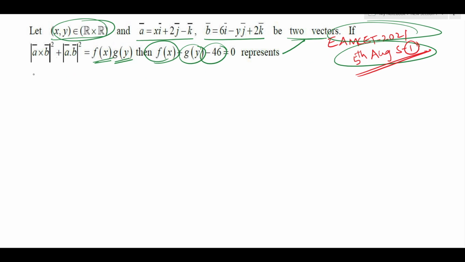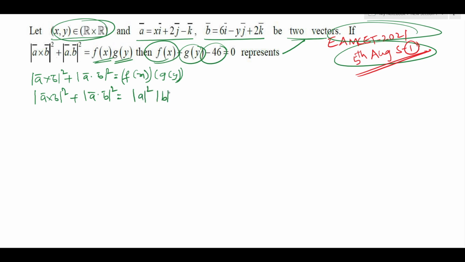Here the given relation is modulus of a bar cross b bar whole square plus mod of a bar dot b bar whole square is equal to f of x into g of y. This is the given relation. We know that mod of a bar cross b bar whole square plus mod of a bar dot b bar whole square is equal to mod a square into mod b square. That means f of x is equal to mod a square and g of y is equal to mod b square. Mod a square means under root of x square plus 4 plus 1,